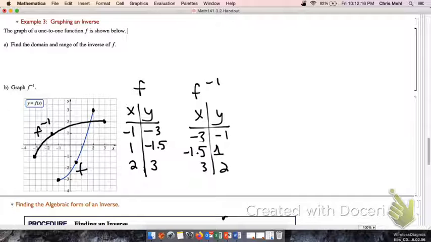Now I want to point out a special property to everybody. What I'm going to do is plot a particular line. What I've graphed here is the line y equals x. Now, since the x and y coordinates are swapping to go from a graph of a function to its inverse, the graph of f